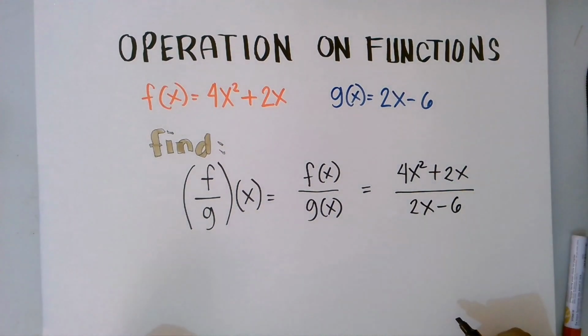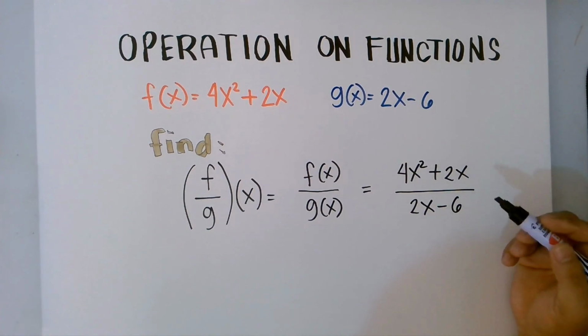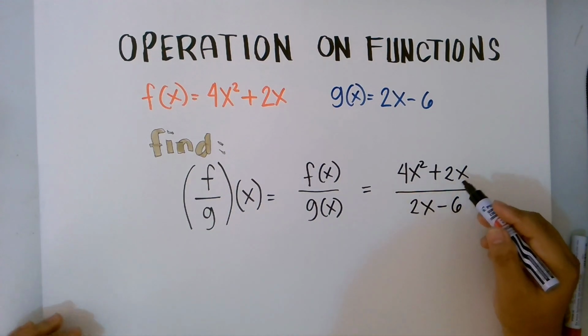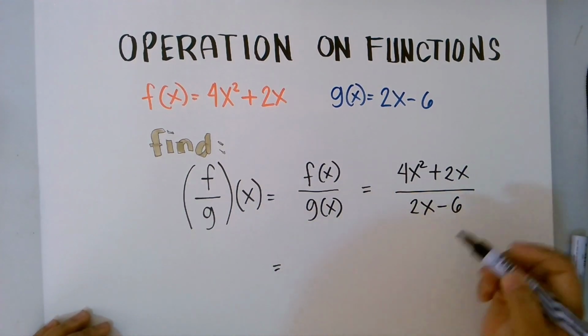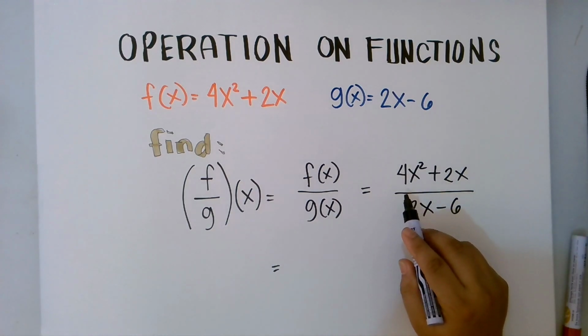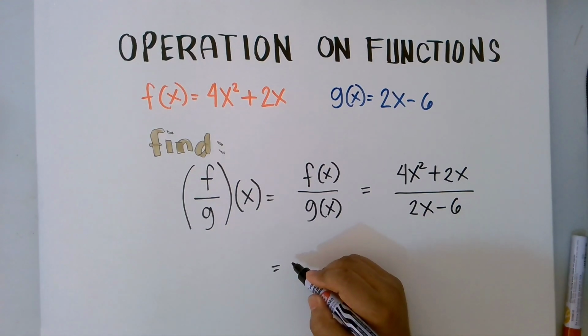Okay. So in this case, hindi tayo pwedeng basta mag-cancel ng mga terms. So the only terms that can be cancelled are the common factors. So dapat common factors lang yung pwede natin i-cancel. So we have to factorize them first. Then we'll see kung magkakaroon sila ng common factors, and yun lang yung pwede natin i-cancel. For the numerator,